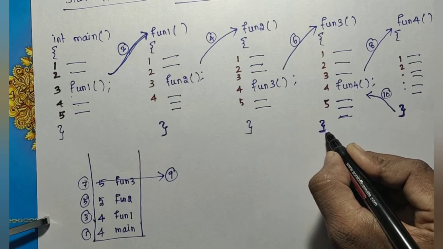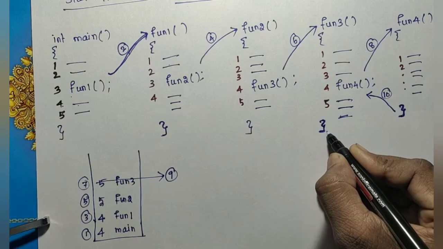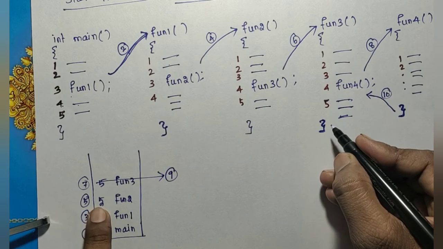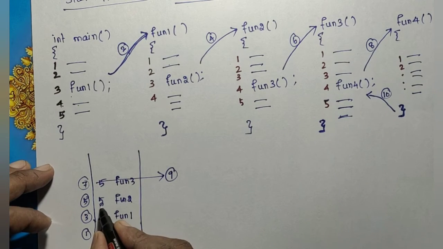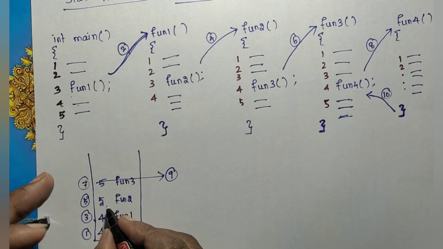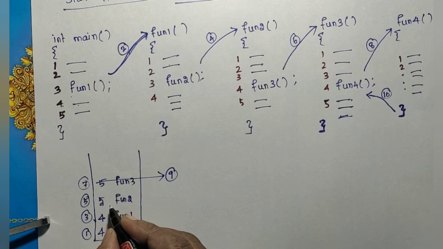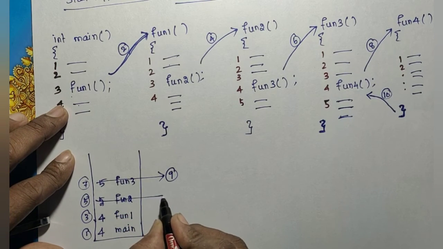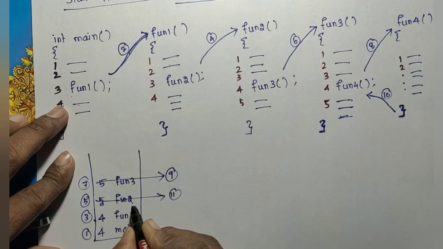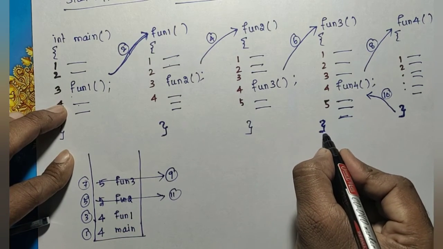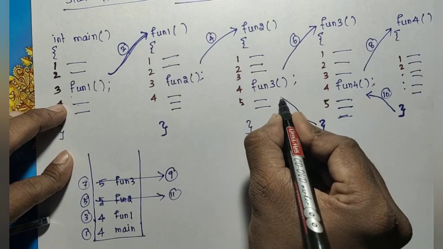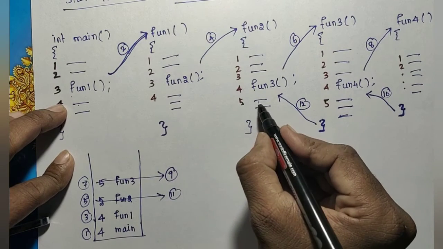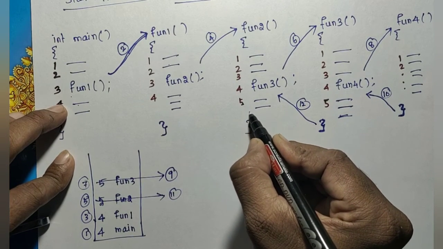Then it will continue the execution. Again the end of function 3. End of function 3 means it will again go and ask the stack. The stack is maintaining the order. The next element is the fifth line of function 2. So the stack maintains the reverse order; it will return the values in the reverse order of insertion. So the next one returned is the fifth line of fun2. At the end, the control will go here, that is 12. Then it will continue executing fun2, lines 5, 6 like this.